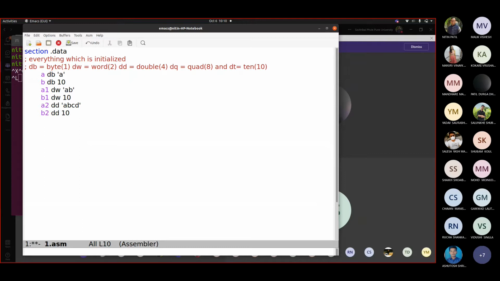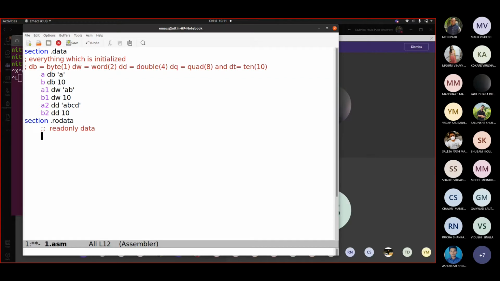So you write section .rodata. This is read-only data. This generally would contain messages which you may use in a printf kind of function or a scanf, and so on.